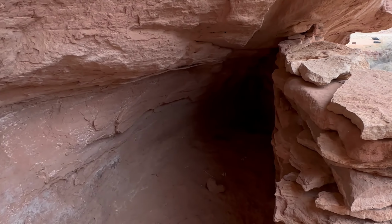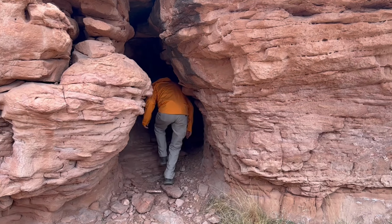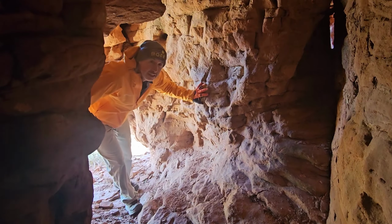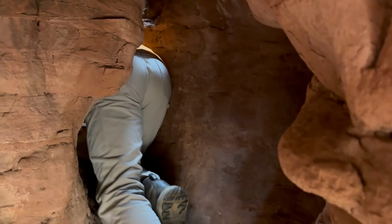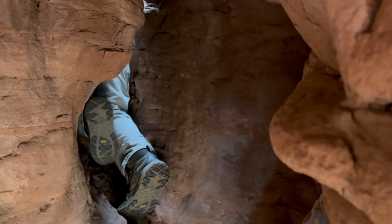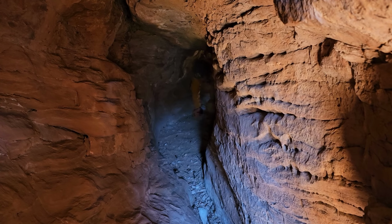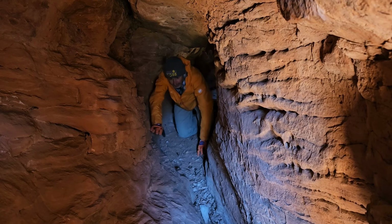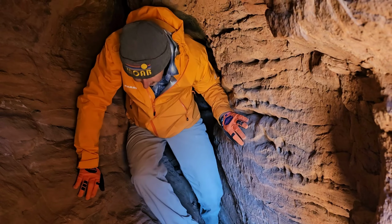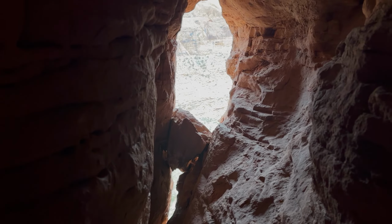Later in the day, I decided to come back with another friend, and we were doing some exploring in the area, and we found this cave. Surprised I've never seen it before, but the cave was right behind the Maiden panel, and it goes into a crack, and you can crawl through it for a pretty good ways, and then you will eventually come out in an area on the face of a cliff wall, overlooking the Amasa parking area high above where everyone